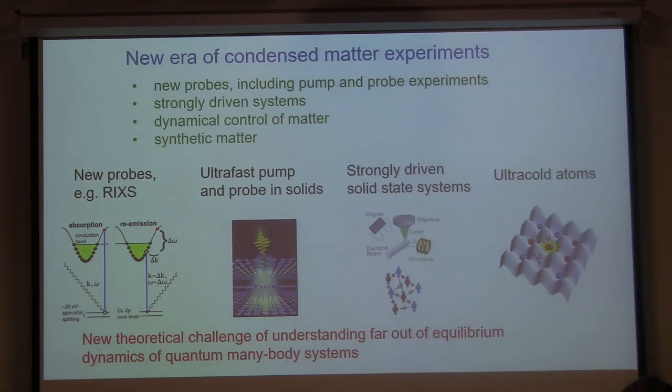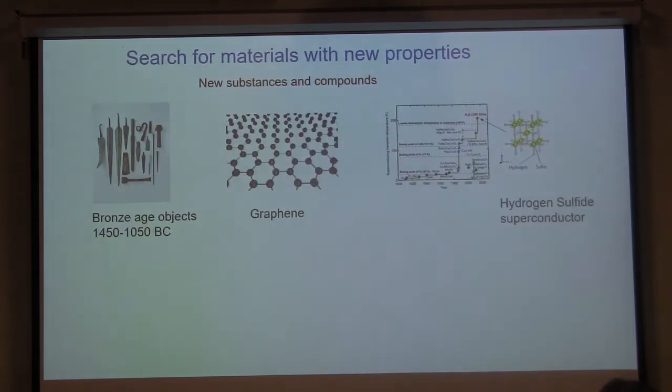But of course, theoretically, it is extremely challenging, and we'll talk about some of the approaches for describing this out-of-equilibrium dynamics. So let me also give you another motivation which comes more from the condensed matter side for looking at systems out of equilibrium. So a lot of the history, right, of science is driven by trying to find new materials with new properties. Of course, it started, the obvious route is to just do different chemical compositions, and even research continues these days with, say, materials like graphene or new high temperature superconductors.